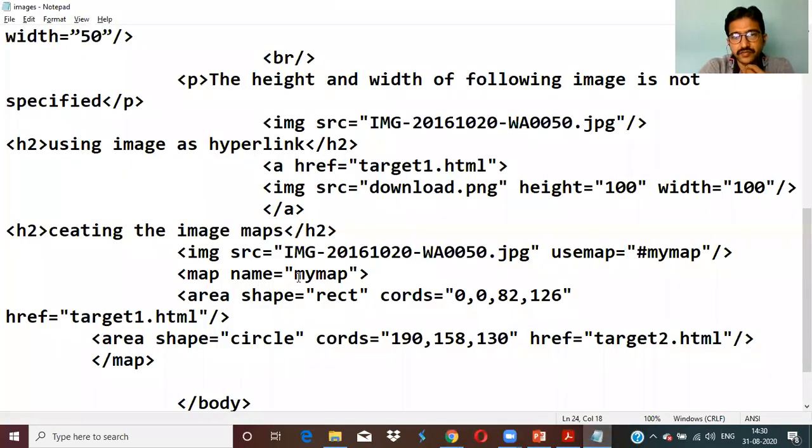If you see carefully, my map image is available. Coordinate circle. Okay, fine.